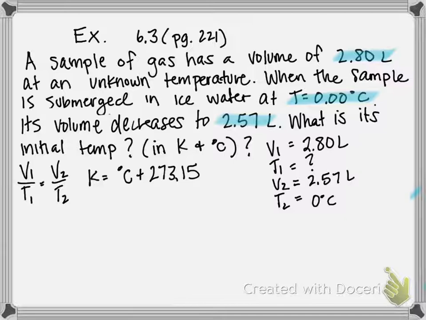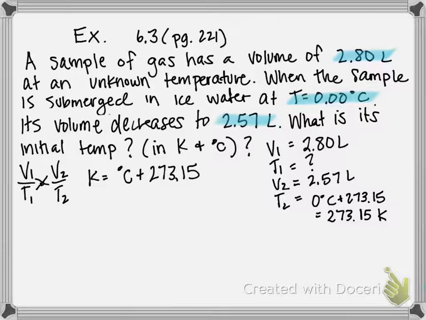So before we plug anything into the equation, we need to convert our temperature to Kelvin. And to do that, for Celsius, you just add 273.15. So our T2 ends up being 273.15 Kelvin. Now we can rearrange our equation to solve for T1, and the easiest way to do this is